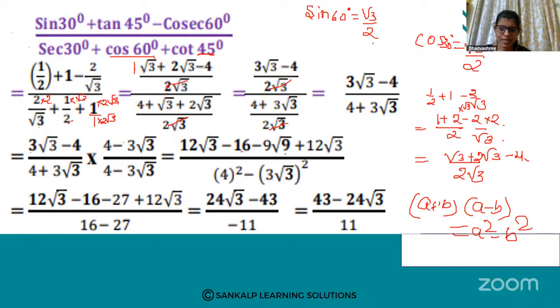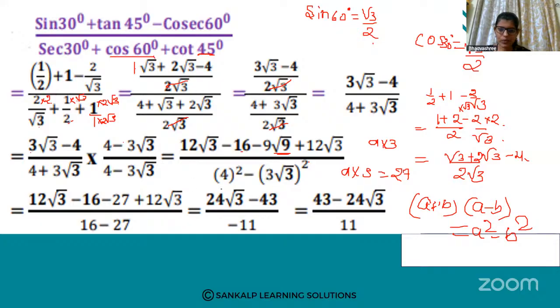27. How 27? Square root of 9 is 3. So 9 into 3 is 27 plus 12 root 3 divided by 4 square is 16 minus 3 square is 9 into 9 into 3 square. Root 3 square is 3. So 9 into 3 is 27. So 16 minus 27. Now,